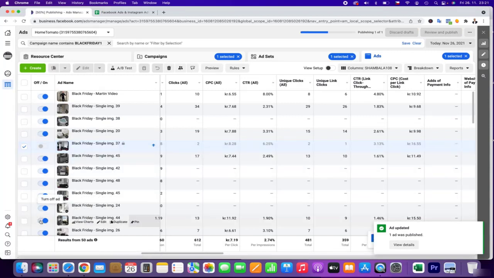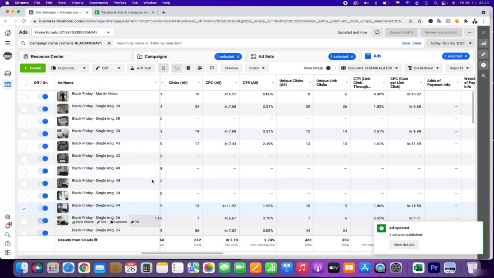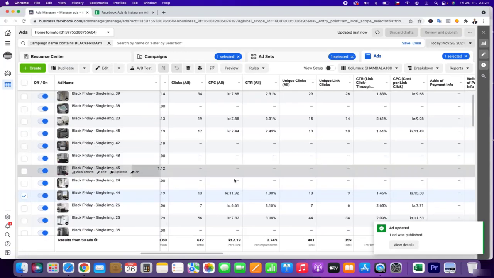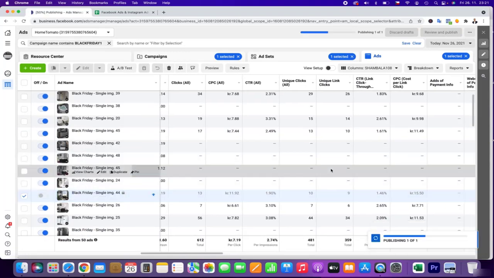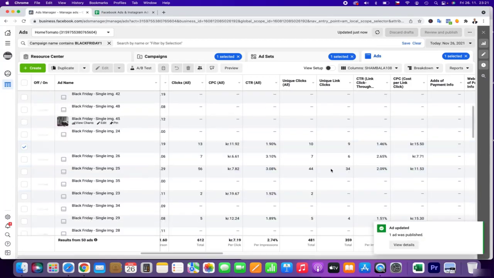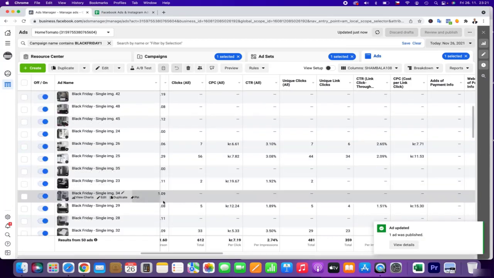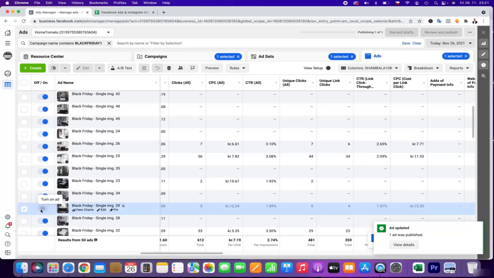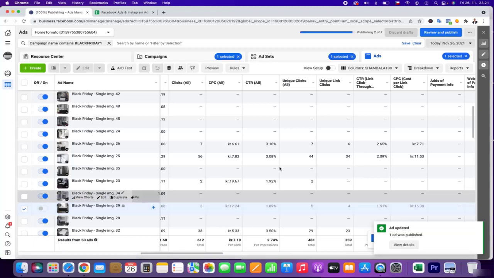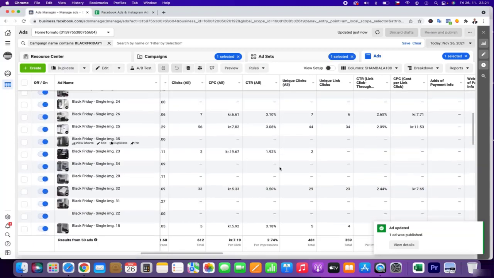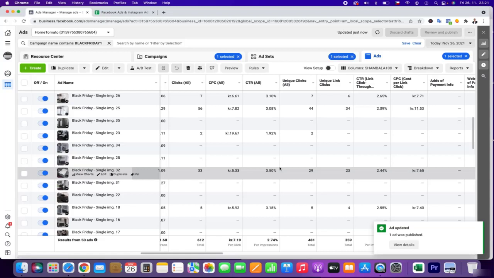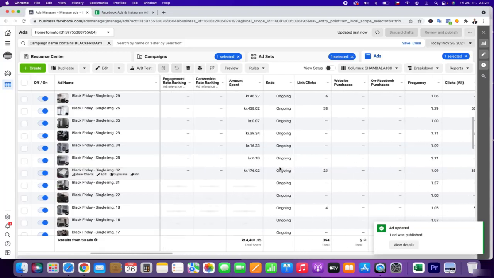So if something is not doing so well, I can just turn it off. Because of course for the next days I'm going to decrease the budget, so I don't need to keep so many ads for Facebook to use such a big budget that we did use.